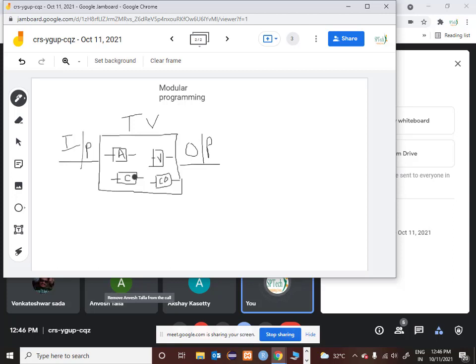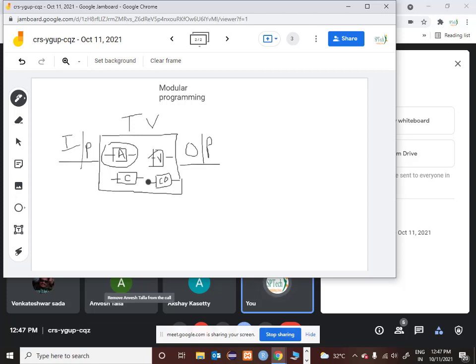Actually, this is a concept of software engineering. We call this concept cohesion. Cohesion basically means make the subsystem only do what it is supposed to do. Don't overload it. And what is the important advantage of doing this? Tomorrow if your audio is not working properly, a technician will only come and check this. He is not going to break his head on video, channel and color, because he knows that audio is not coming, so he has to work only on the audio subsystem.